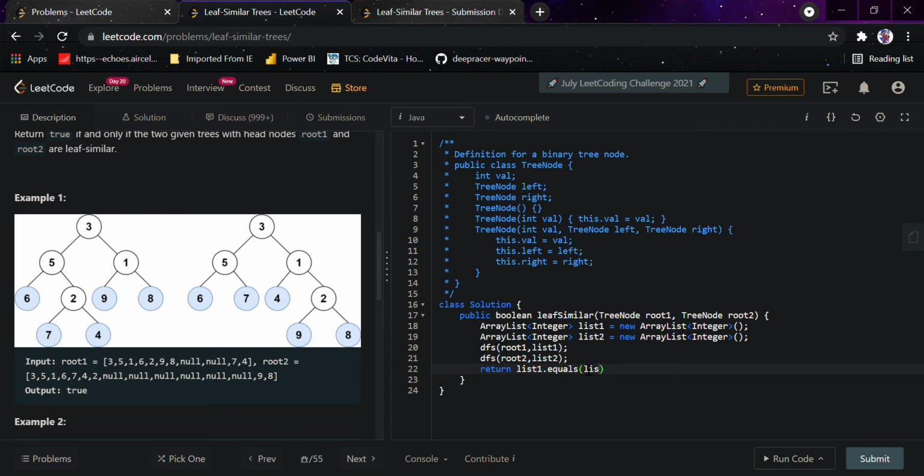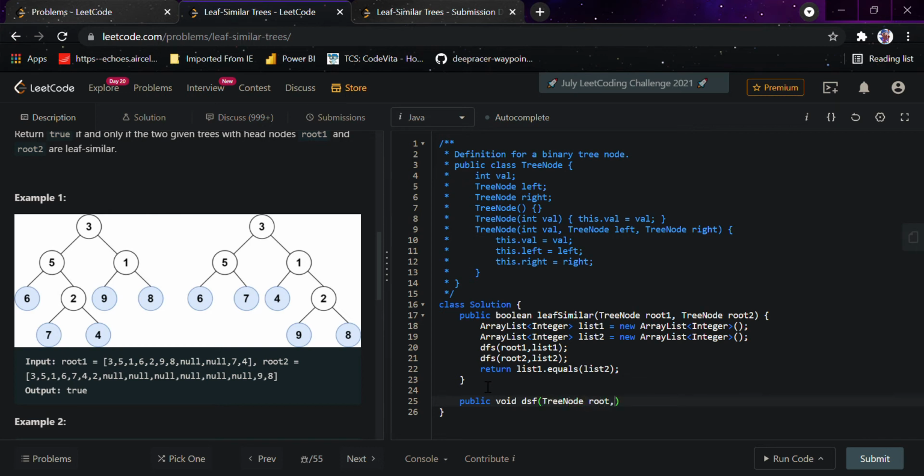We need to check that both the lists are equal, because if both the lists are equal it would return true, because at the end all the elements would be the same.